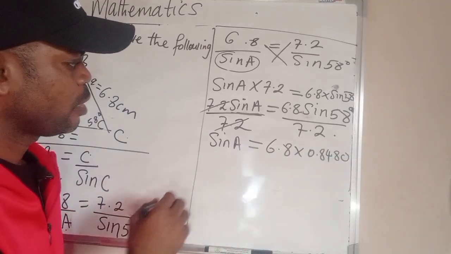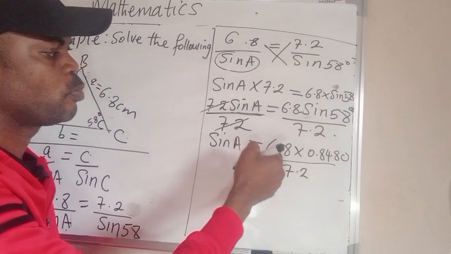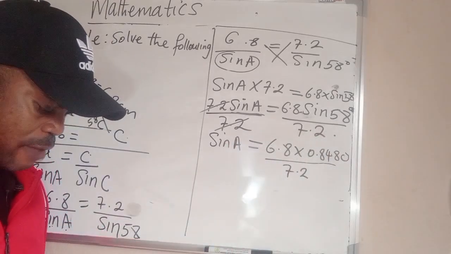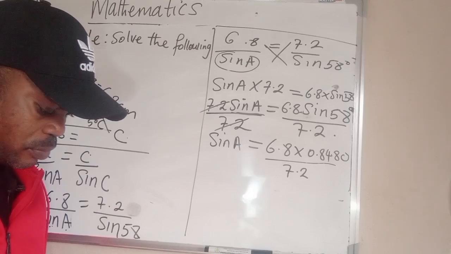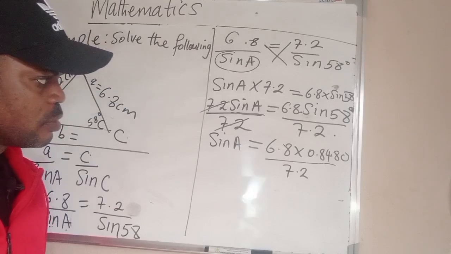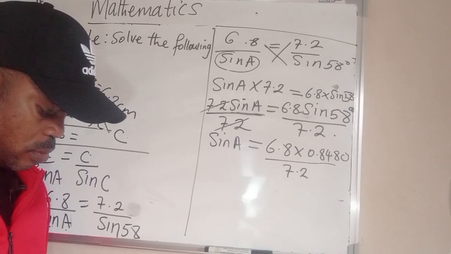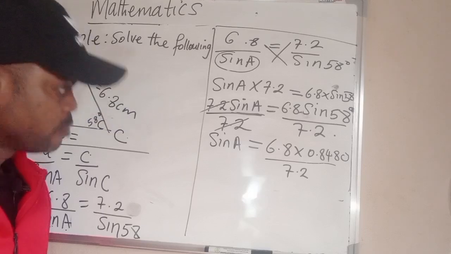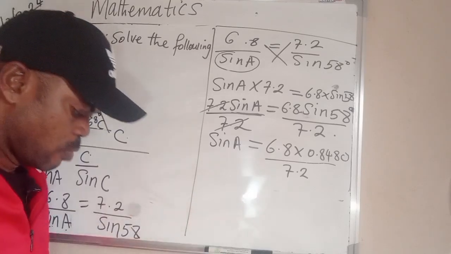So if that is the case, I have my 7.2. If I multiply 6.8 times 0.8480, what will I have? I'm going to multiply that, which is 0.8480 times 6.8. I'm going to have